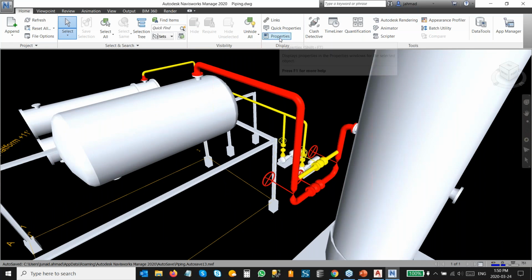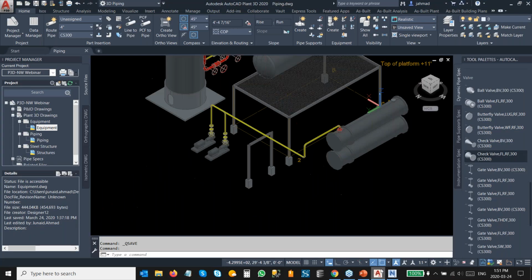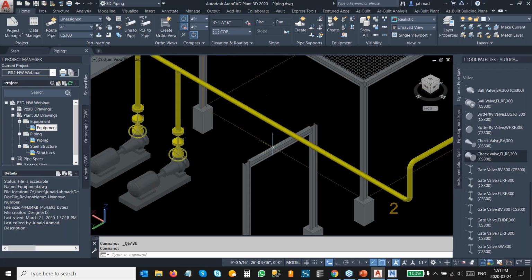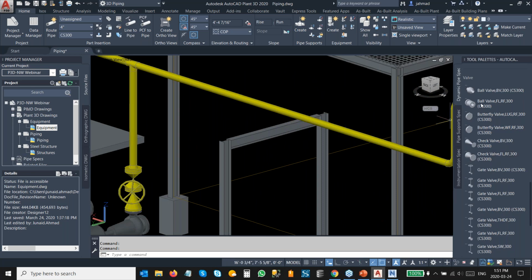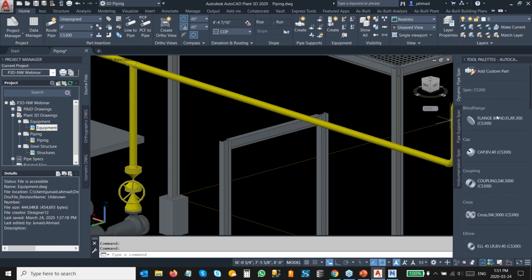I'm not really done with Navisworks. I'm going to come back at the end of the webinar to Navisworks, and I'm going to talk a little bit about the properties, because I also want to show you a few tips to view some extended properties for the piping components in Navisworks. Before I do that, I'm going to go back to my piping model, and I'm going to finish the component placement so we can create all the deliverables that we want to create as part of this